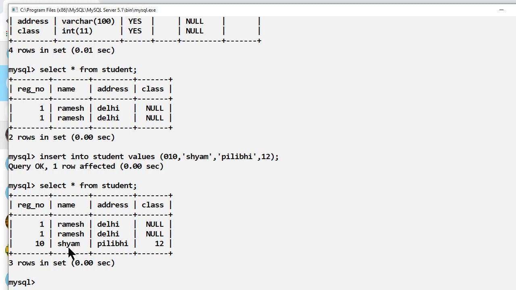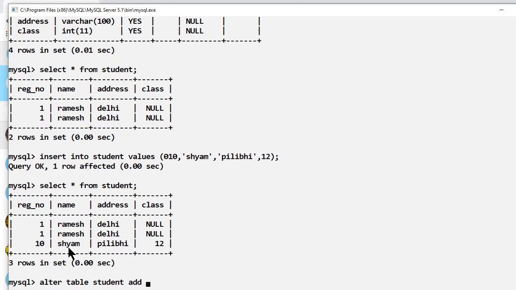Now what if I want to modify the name of a field, or if I want to insert any field? For all these things I will use the alter command. Let us suppose I want to add one more field like mobile number. Then I will write alter table, then the table name is student, and I will use add.